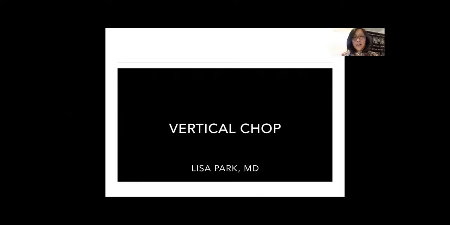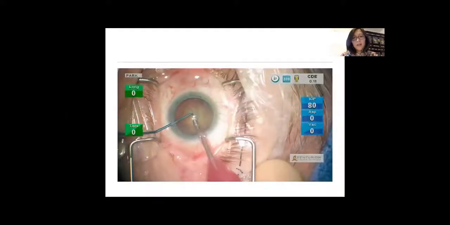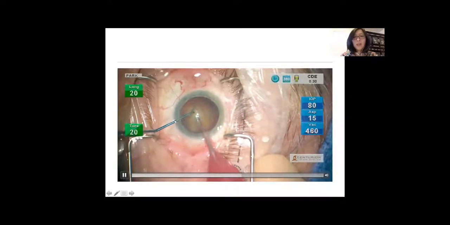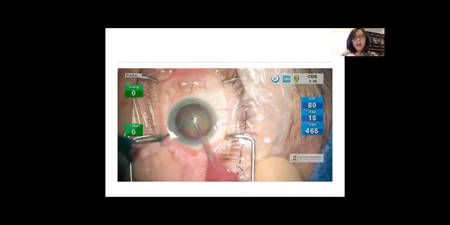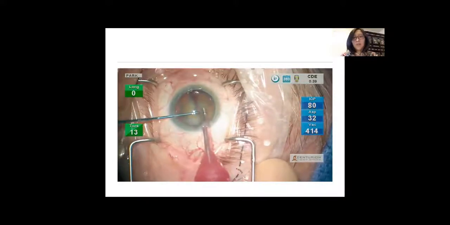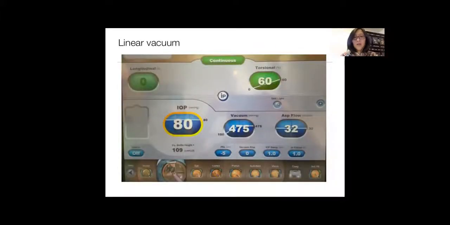Okay. And then again, this is the importance of high vacuum to perform a vertical chop. So you can see here, here's vacuum. We have to completely occlude, completely bury this tip in order to be able to grab that lens and to perform that vertical chop maneuver. And you can see here that the vacuum is linear. So in other words, I've adjusted it so that the more I press the pedal, the more vacuum that I get. In this particular case, you can see I've set my baseline setting at 100 and my maximum